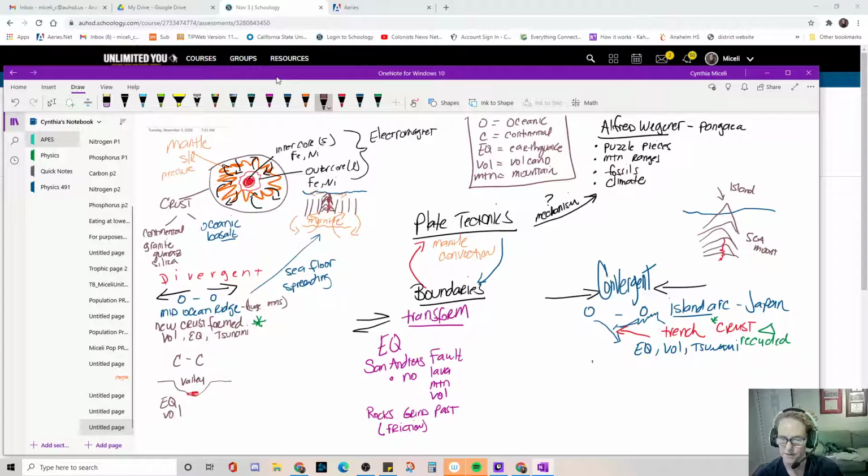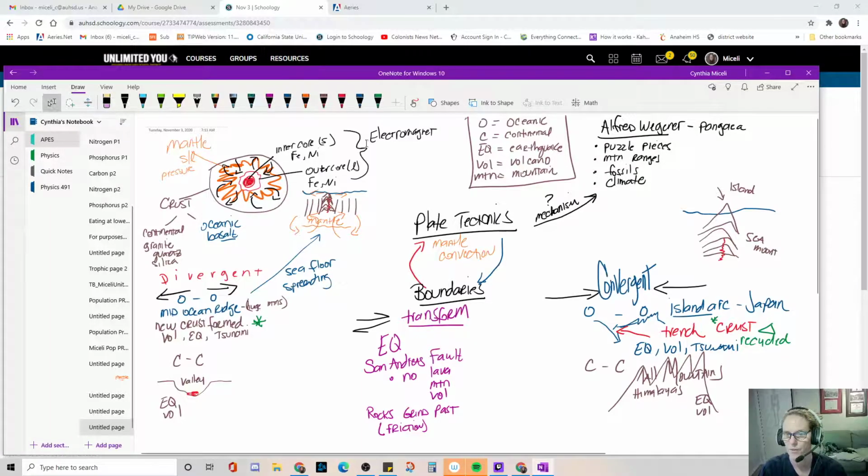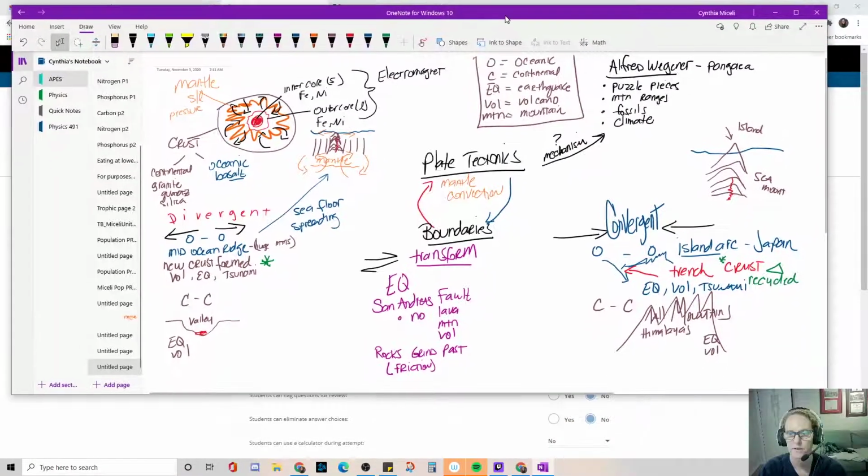Okay, then we have continent to continent collisions, and that gives us really tall mountains, big mountains like the Himalayas. Which obviously we get a big earthquake from, and we get volcanic activity sometimes. Okay, and then one more thing